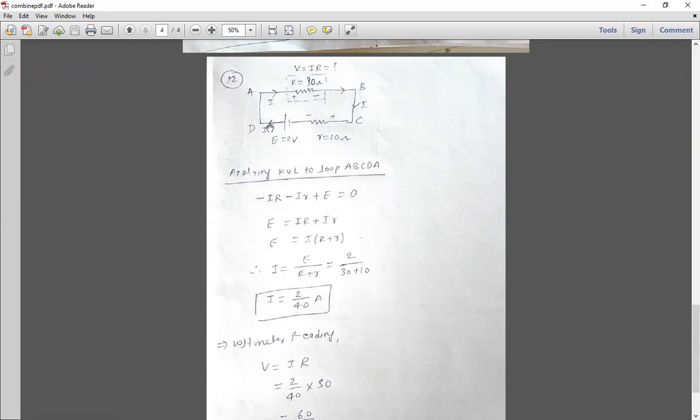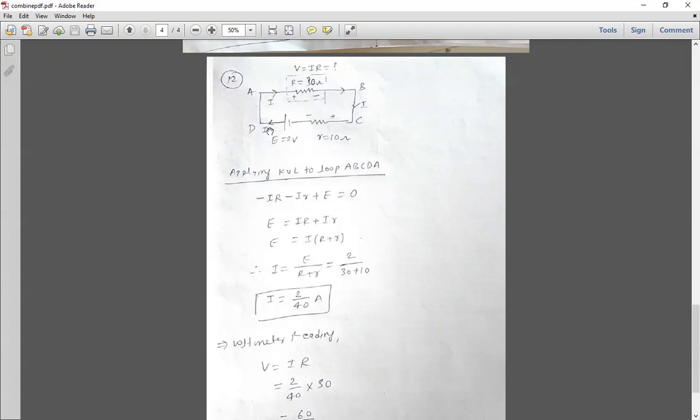The current will always start from the positive terminal, so I show current I. As current is flowing, I name the loop ABCD. As you can see, current flows from C to D, so C will be at high potential and D at low potential. Or you can also see that D is connected to the positive terminal and C is connected to the negative terminal. So the voltage across R will be plus towards point C and negative towards point D. So apply KVL to this loop.